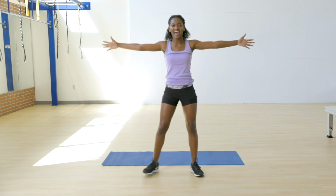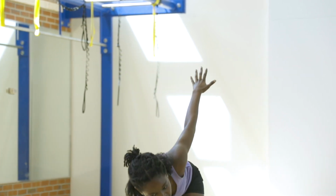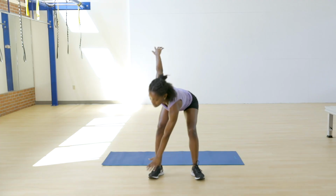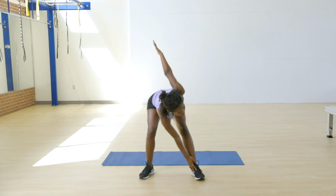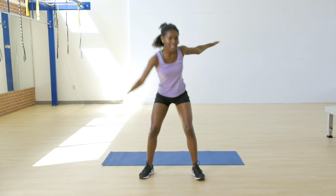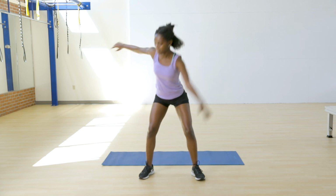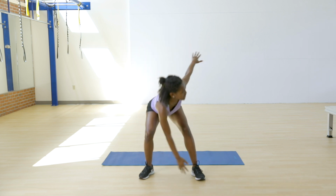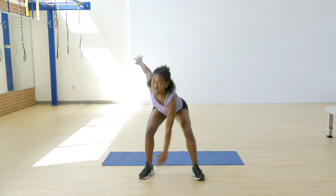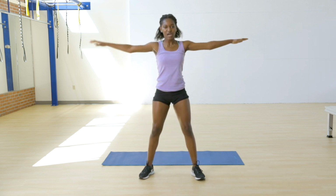Now taking some time here, opening the arms out to the side, getting into a wider stance with the legs, feet planted on that ground as we take it to an opposite arm to opposite ankle for those arm to ankle reaches. Keeping that slight bend in the knees as we go down. Speeding it up here. Nice, straight, aligned spine. Keep it up for 4,